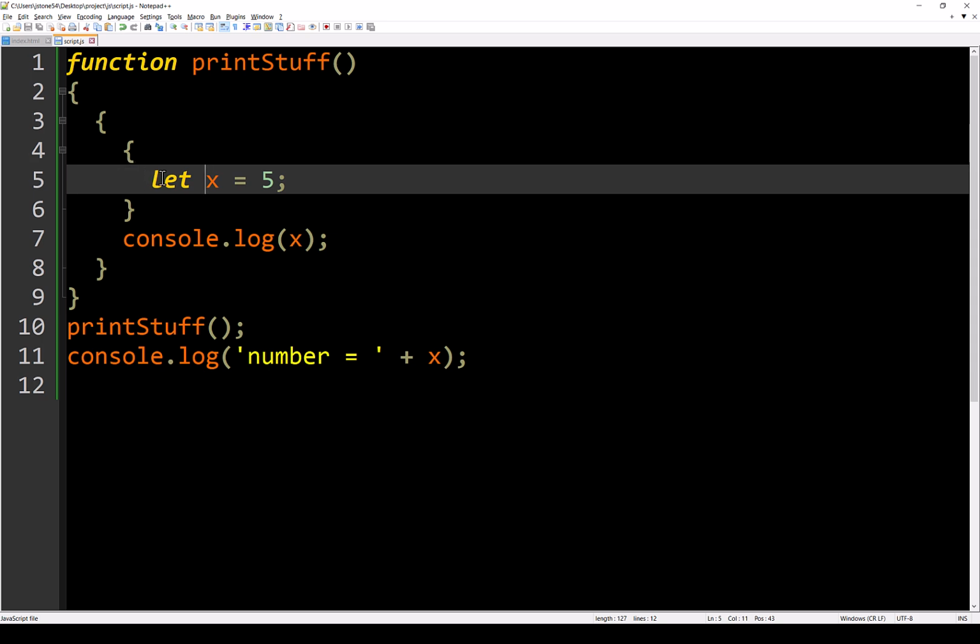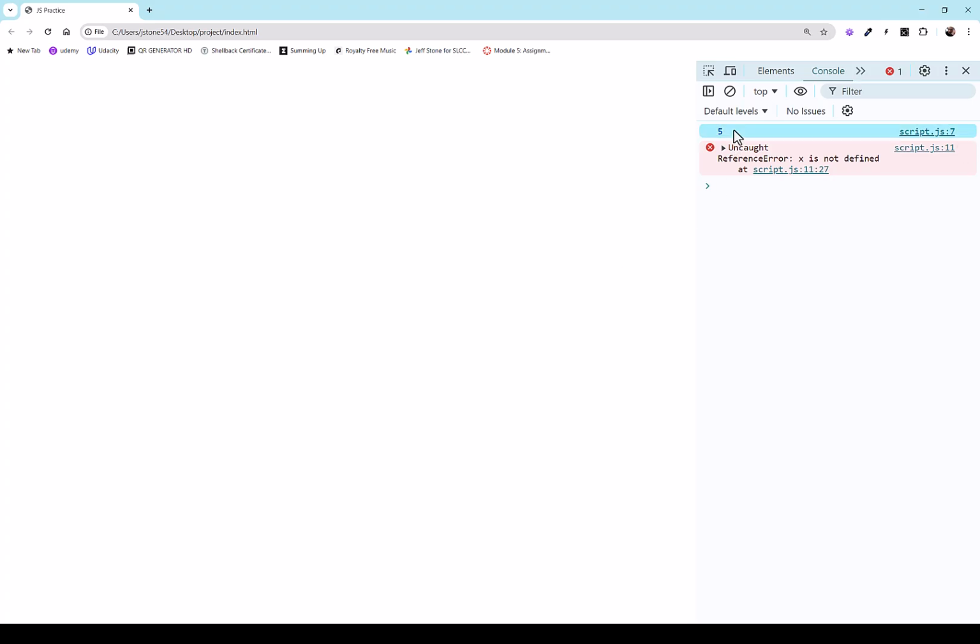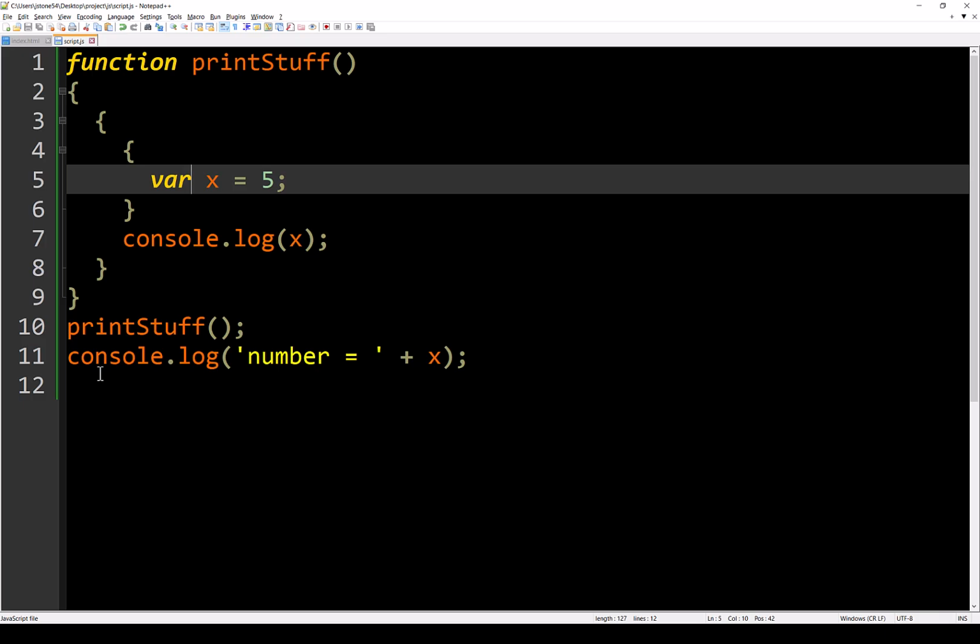But if I were to use var, you'll notice we get this working just fine on line 7 there. We still get the error out here on line 11. The reason is that, back to that context execution thing, right? It's basically what this context execution means for our purposes, for the sake of this course. You can do more digging if you want to get into the nitty gritty of this. And there's this concept called hoisting we're not going to get into. But the basic idea is var is basically function level.